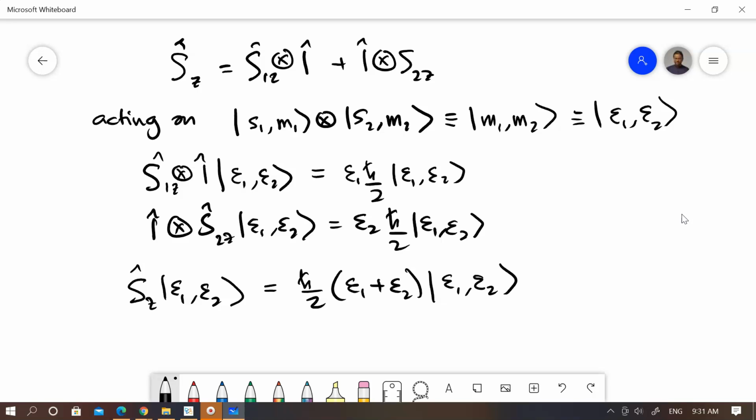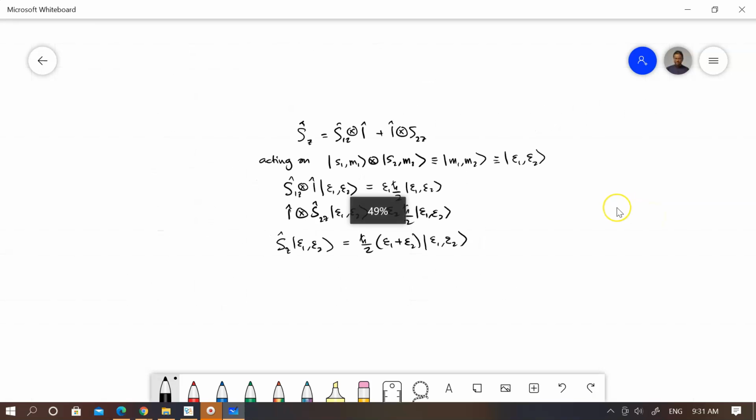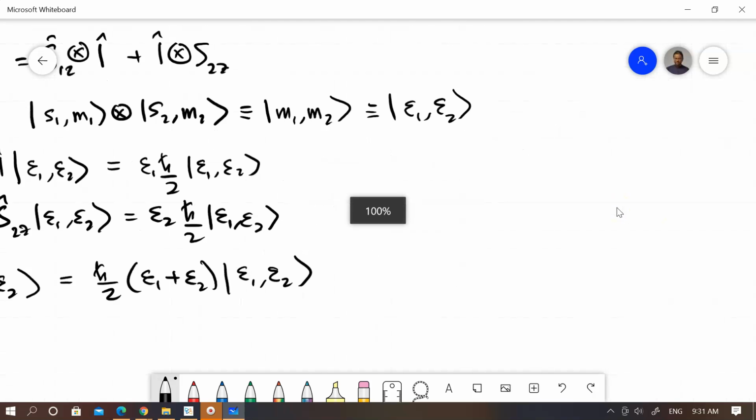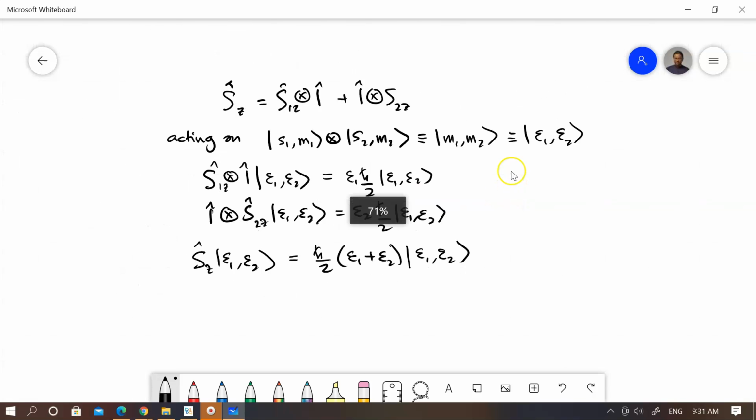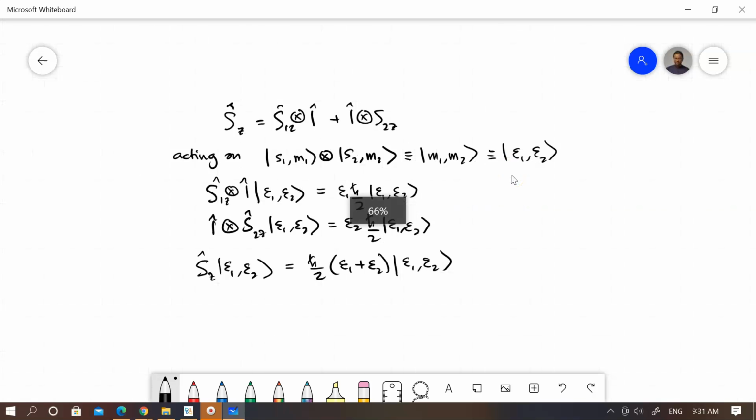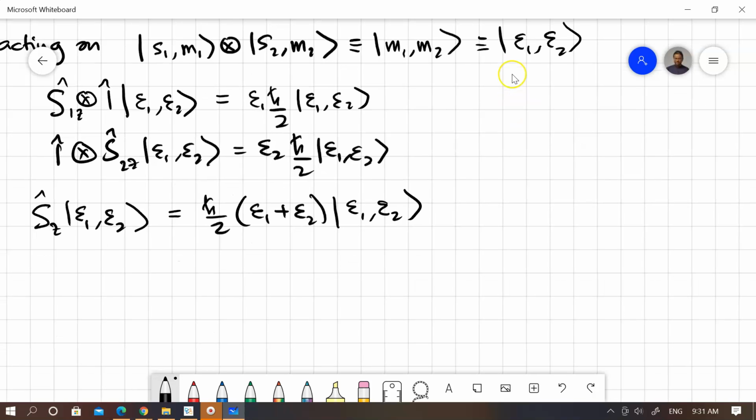But we also have the other notation that oops, what do we do? No, I don't want to do that. Okay, I just want to put it